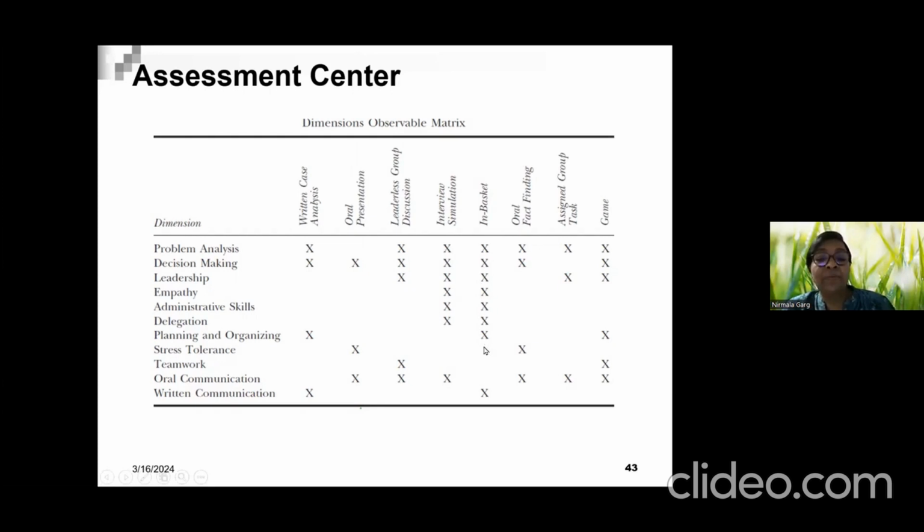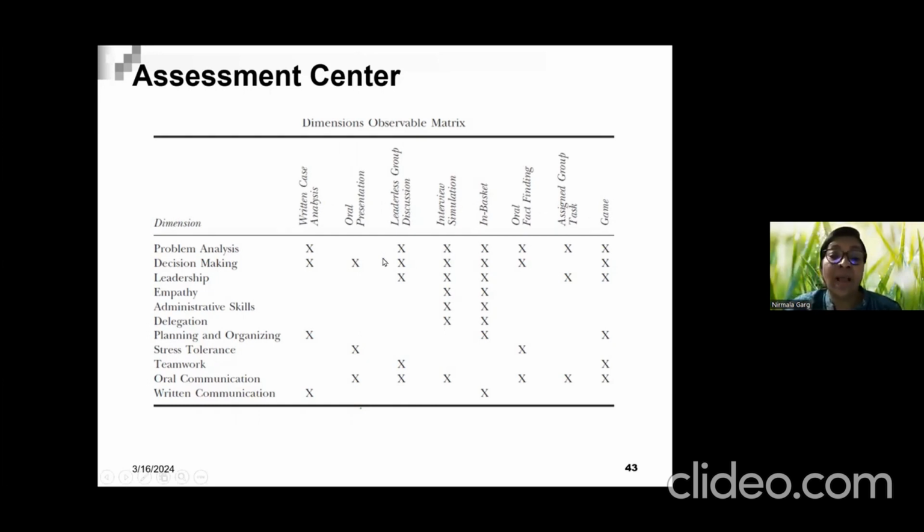Administrative skills, delegation, planning and organizing. In fact, for the competency called planning and organizing, in-basket is a very good exercise. Okay. So have you got the feel of how you will decide on the list of exercises or